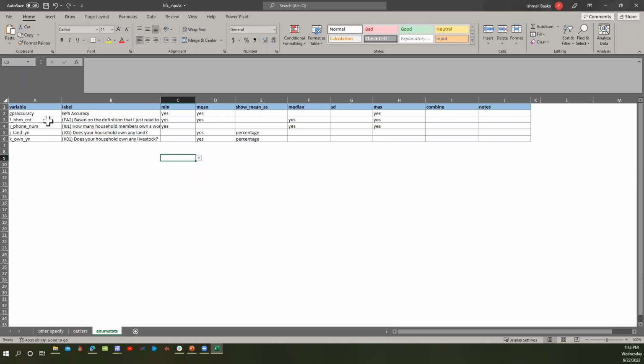So here this requires numeric variables. For instance, with our tablets, we usually collect GPS data, and when we collect GPS data, enumerators can wait to have better accuracy, or they can just collect the data really quickly. So if you want to check which enumerators are waiting, you can include that as well, and it will tell you the minimum time and the maximum time and the mean, median. You can specify all the statistics you want. You can specify individual statistics for individual rules,